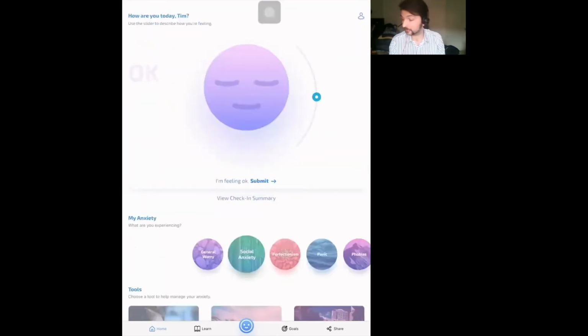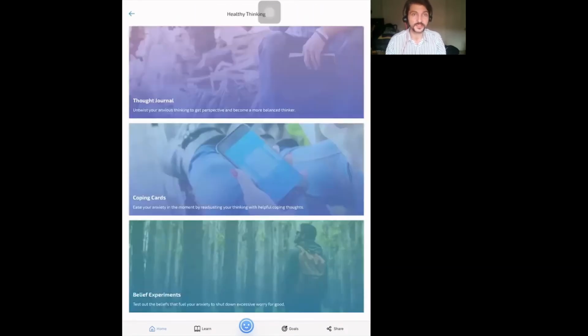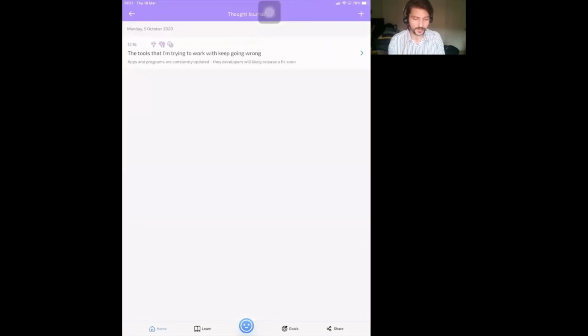Okay, so another helpful tool for when you're monitoring your anxiety levels and keeping track of how things are going is down at the bottom here, we've got healthy thinking. So if I tap on that, you can see we've got a thought journal up at the top. If I tap on that, you can see that I've already added in, back in October of last year, a negative thought that I was having, which is that the tools that I'm trying to work with